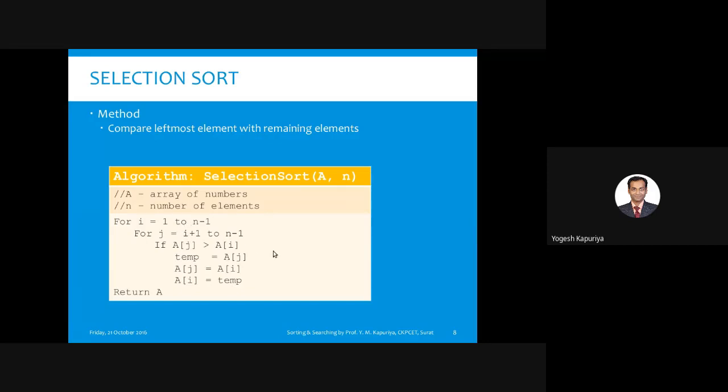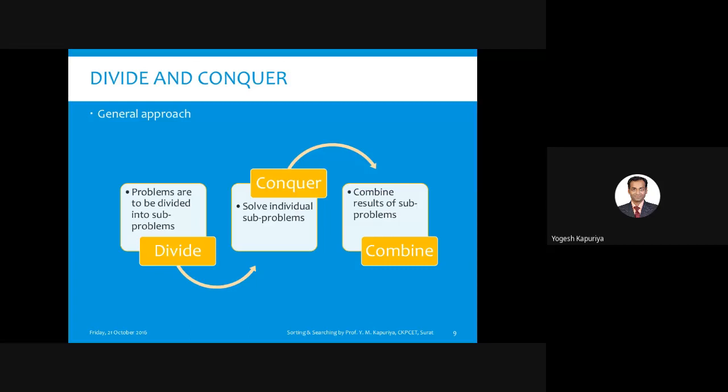So more or less the approach is different, but the amount of effort we are putting in both the cases is the same. So bubble sort and selection sort, two different approaches, but performance wise both are the same. Both will take almost the same amount of time if you are sorting some numbers either by using bubble sort or selection sort, right? So these were the two techniques, very simple techniques for sorting.